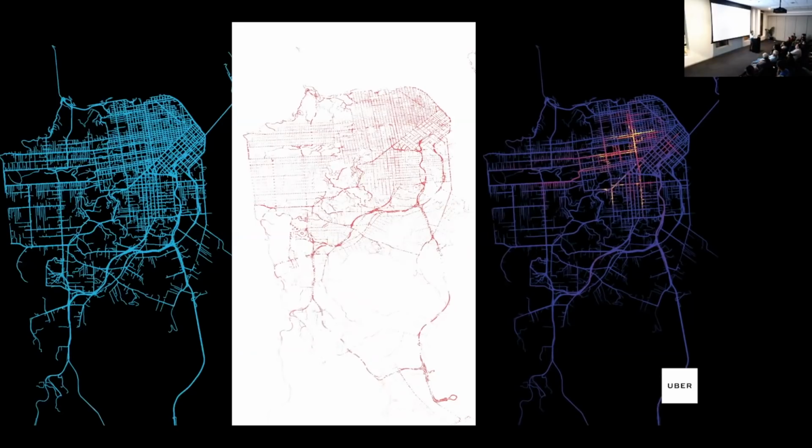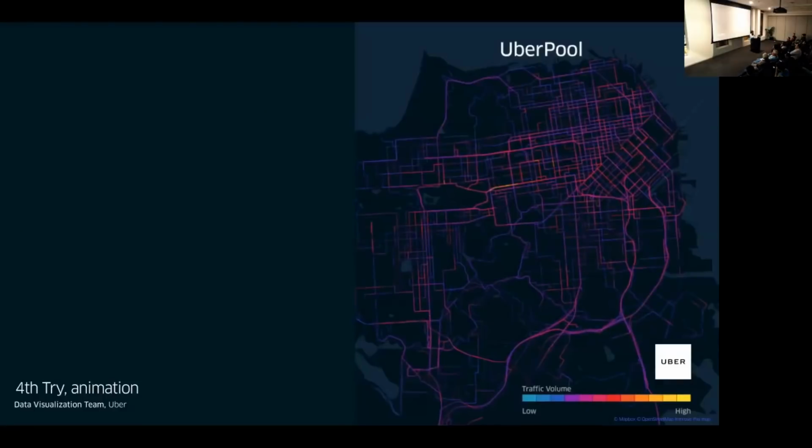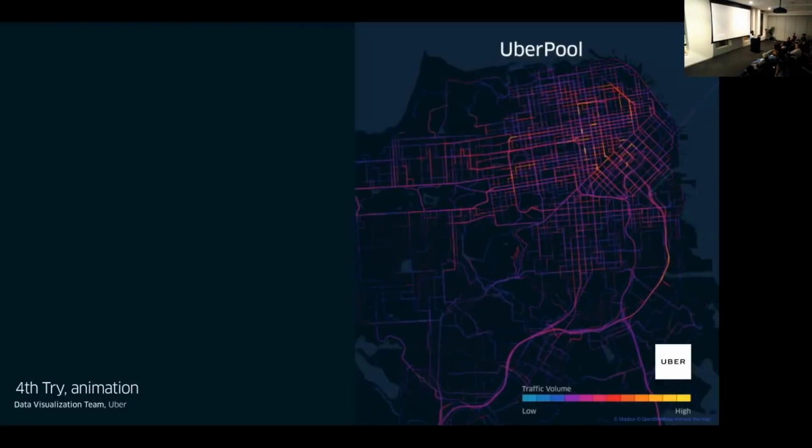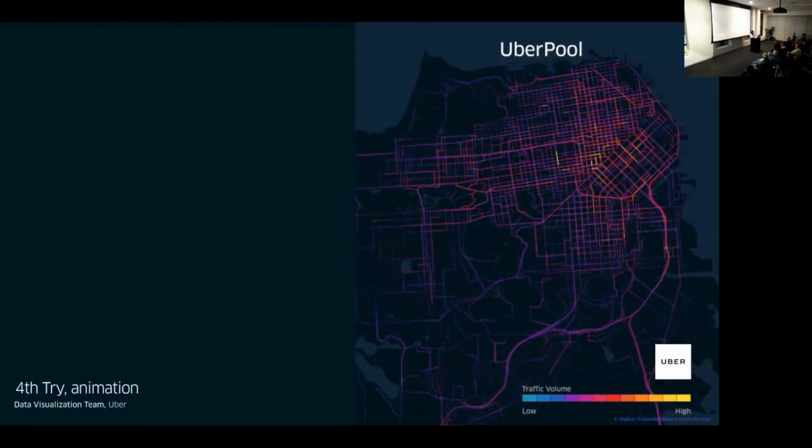So what if I actually calculate the volume of cars on each street segment and use colors to indicate traffic? This is kind of what I just need to do. And then the result seems more promising than the first two. And I also, as I'm always an animator, made this animation,